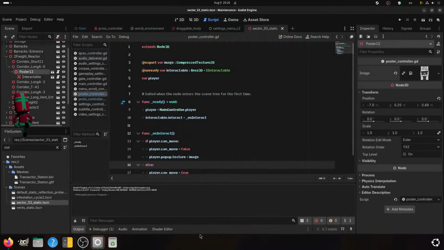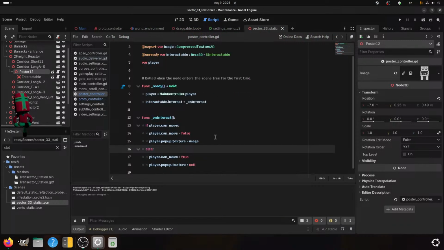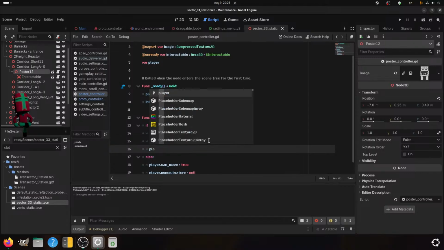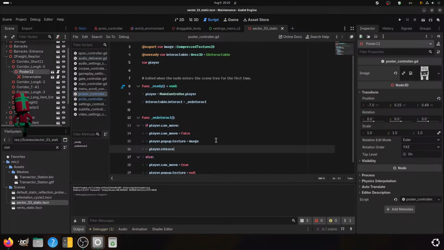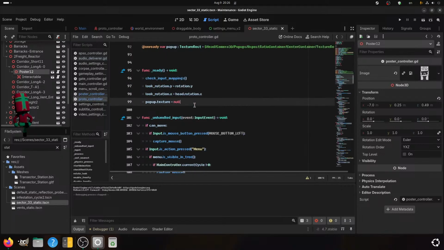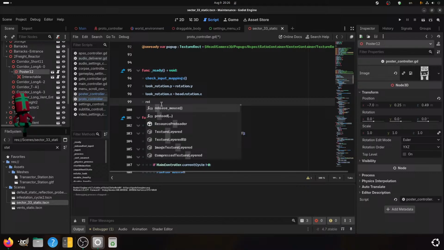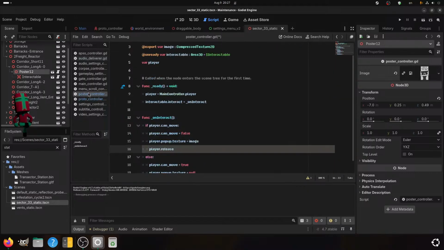Although I think... player dot release. How is it called? Release mouse. Release mouse.